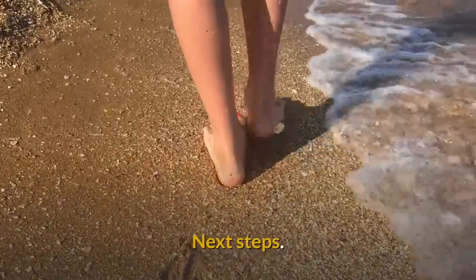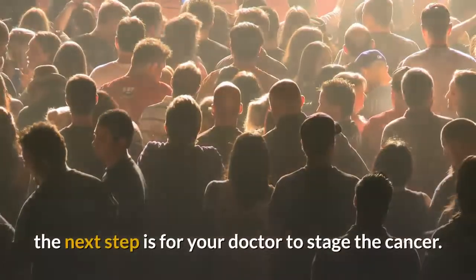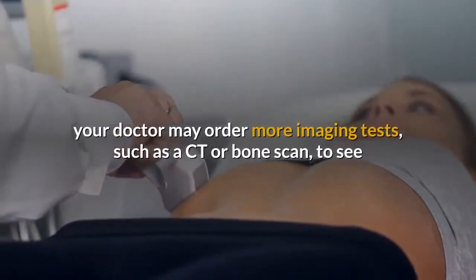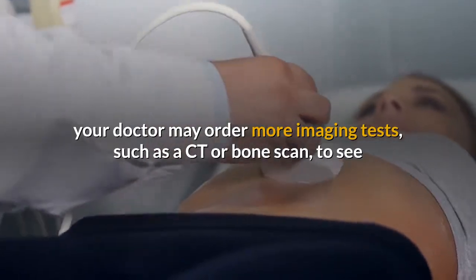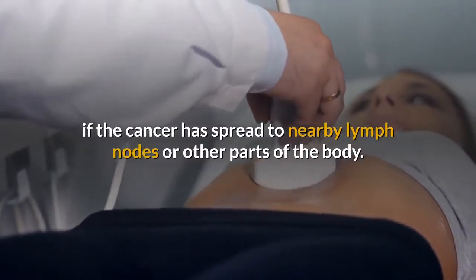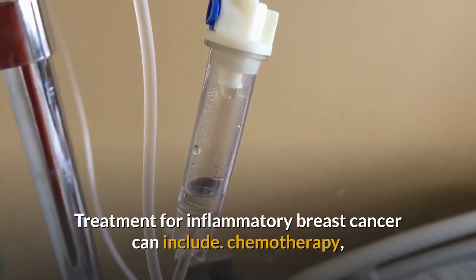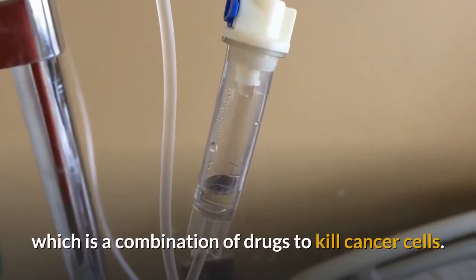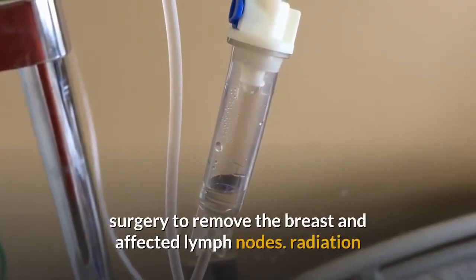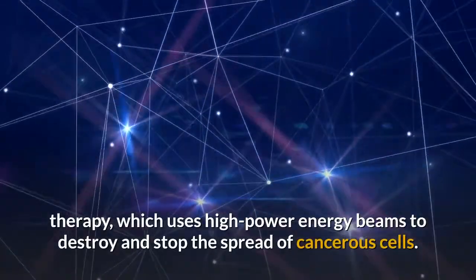Next steps. After you're diagnosed with inflammatory breast cancer, the next step is for your doctor to stage the cancer. To do this, your doctor may order more imaging tests, such as a CT or bone scan, to see if the cancer has spread to nearby lymph nodes or other parts of the body. Treatment for inflammatory breast cancer can include chemotherapy, which is a combination of drugs to kill cancer cells, surgery to remove the breast and affected lymph nodes, radiation therapy, which uses high-power energy beams to destroy and stop the spread